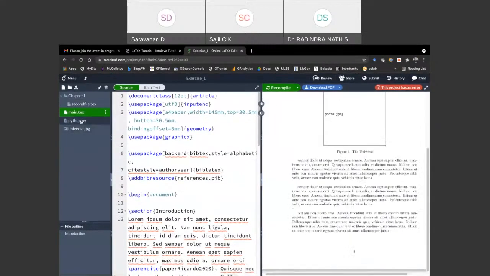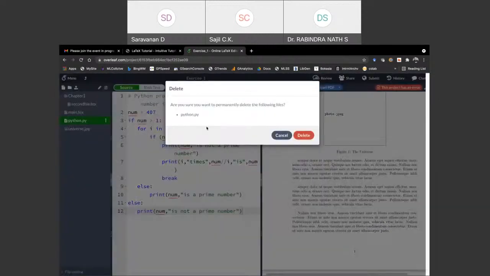So let me just clean it up a little bit. Unnecessary files.